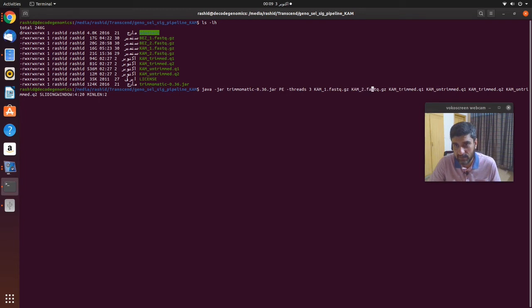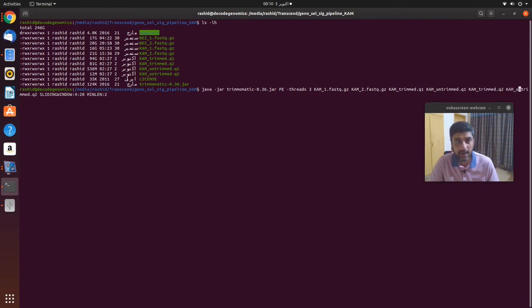Then I'm going to write the output files. So output files are starting from here, like Kamori trimmed dot q1, Kamori underscore untrimmed q1, and then Kamori trimmed q2 and Kamori untrimmed q2.